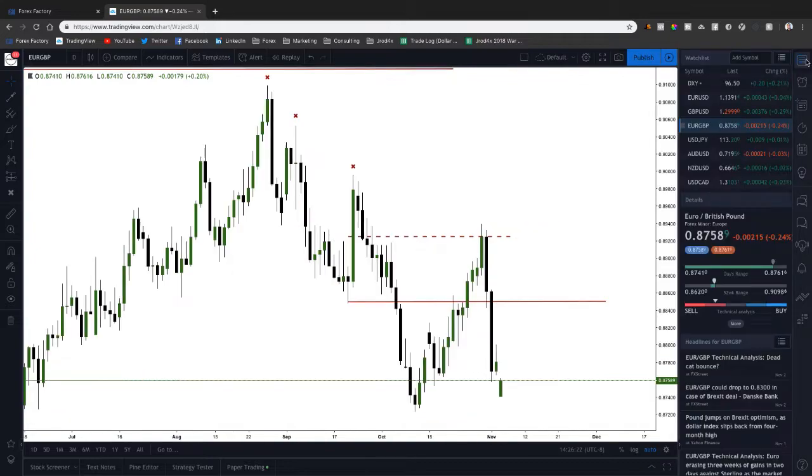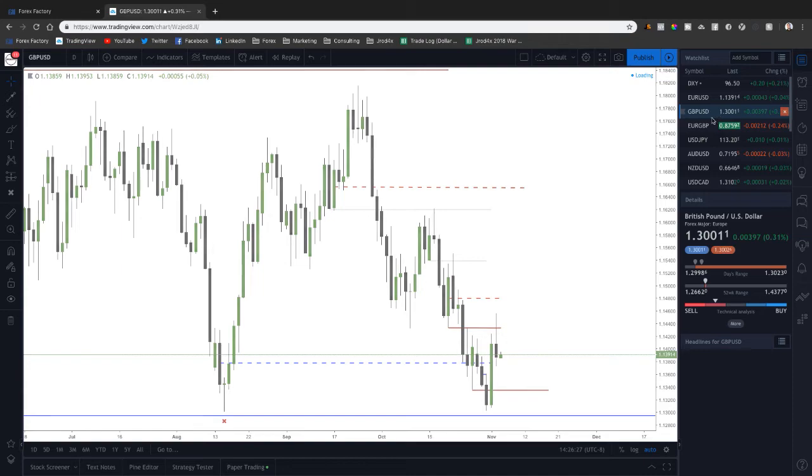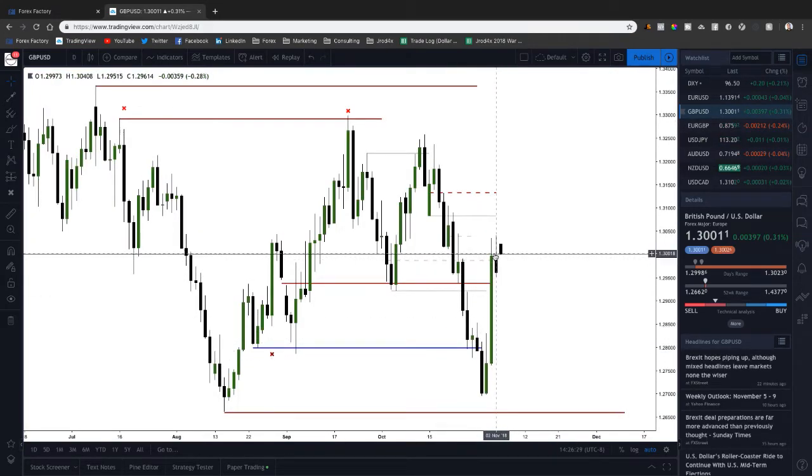We did see a push up on Euro dollar as well on Thursday, but if you look at the candle here on GBP USD, it's much larger. The big move happened in GBP USD, and I was not a part of that. I was a part of the sell early on during the week because I felt that was the highest probability to run out these equal lows. I was looking for big bearish candles to get below here. As you can see, Monday and Tuesday we had that happen. Wednesday and Thursday we had a reversal, and Friday we just closed the week right back within this candle here.